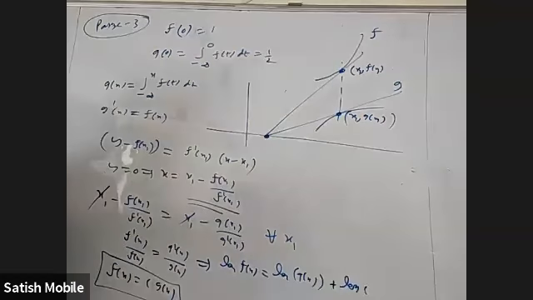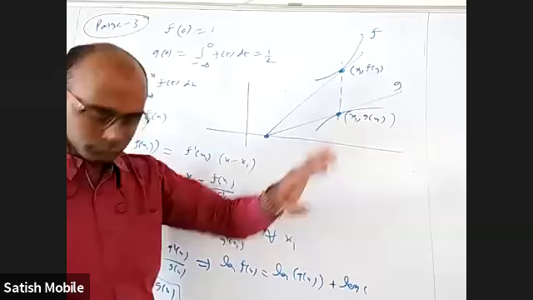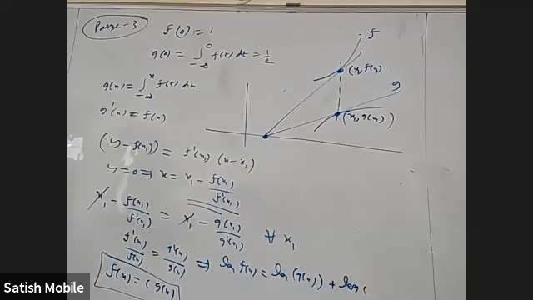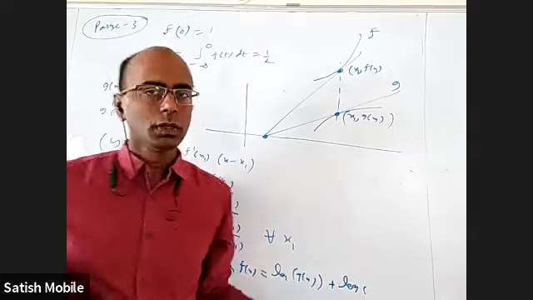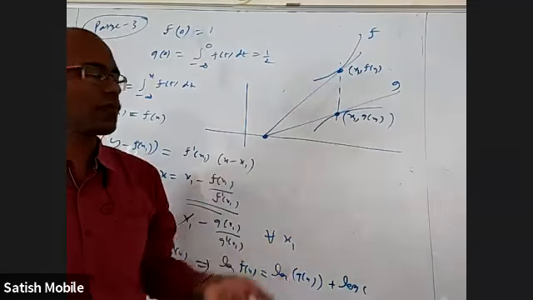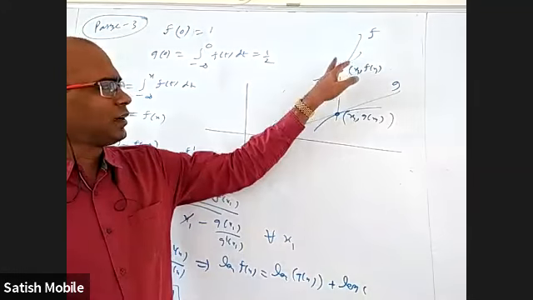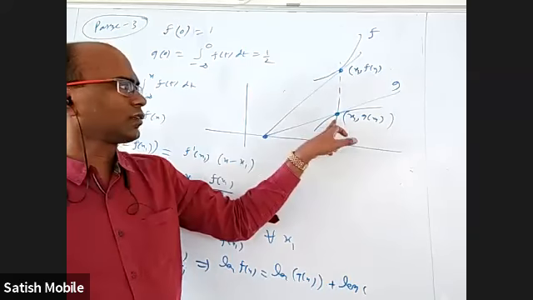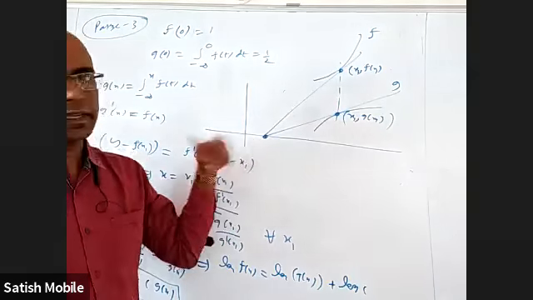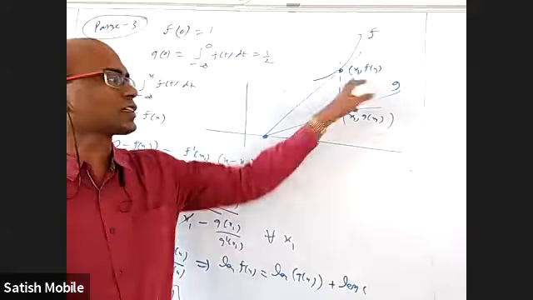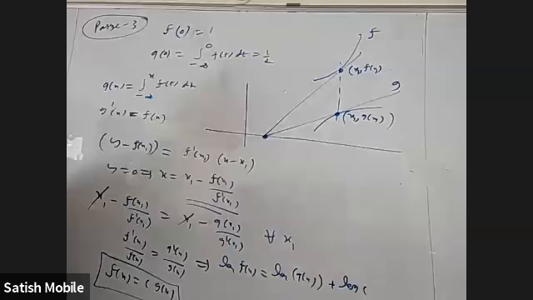The question is, first of all, there are two curves. You draw any vertical line, or another way of saying is take 2 points having the same x coordinate. And for the first curve, you draw a tangent at that point. For the second curve, you draw a tangent at that point. The two tangents, they can meet anywhere, but we want them to intersect on the x-axis only. For that to happen, what is the relationship between these two curves? We want to identify that first.